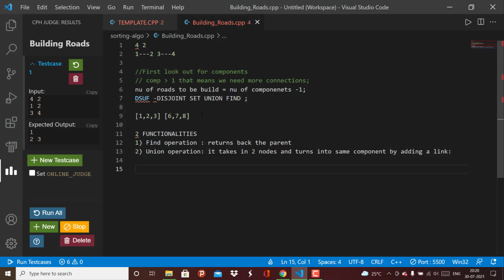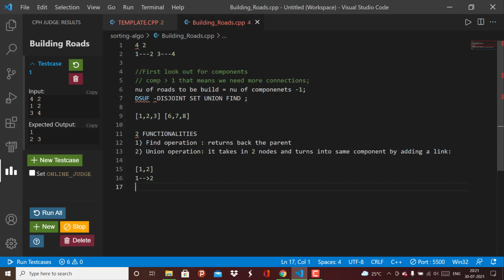Okay, so the base thing that we'll keep in mind: say 1 comma 2 don't belong to the same component, what we do is we find their parents. The parent of 1 is 1 itself, meaning 1 doesn't have any parent, and 2 is its own parent. So what we do is we make a connection from 1 to 2. We can also make a connection from 2 to 1, but let's keep it as 1 to 2 as 2 is a bigger element. It doesn't matter much actually. And in this way we will proceed. So the find operation will get back the parent, and union will make a new link if it is required.